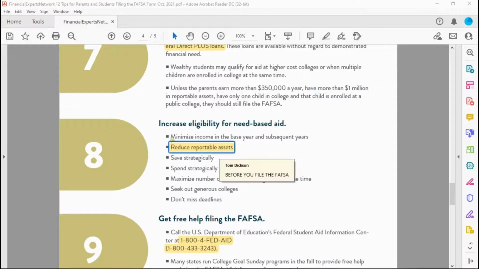Now, number 8, again, I just touched on this. There are a few ideas for increasing your eligibility for need-based aid. It's largely the assets that you can influence, because the income is from 2 prior years. They consider those 2 aspects when they determine what you may qualify for. Well, guess what? Your income's sort of a done deal. But if you can reduce the amount you have in reportable assets,